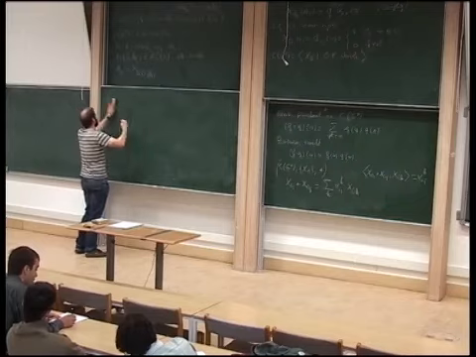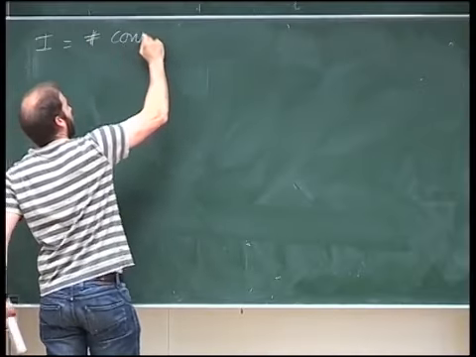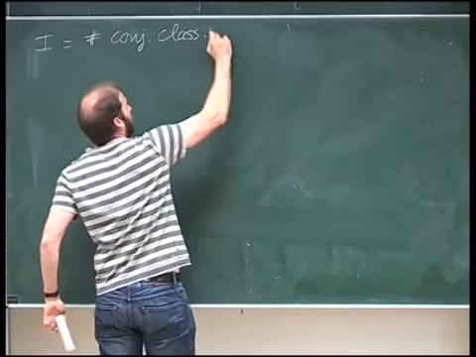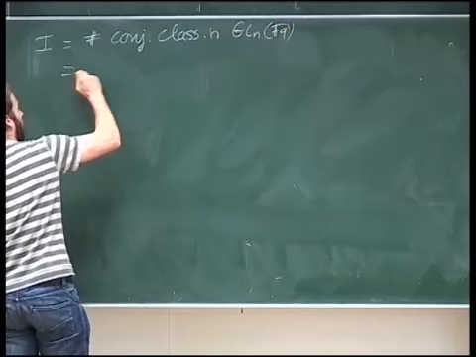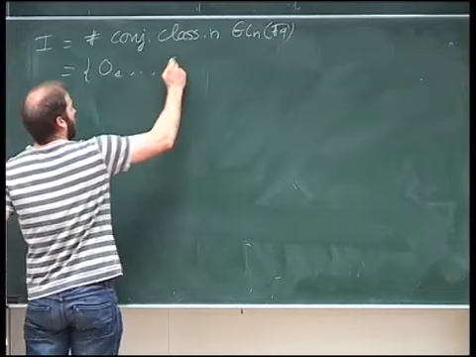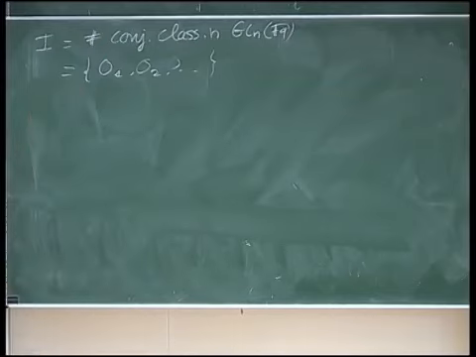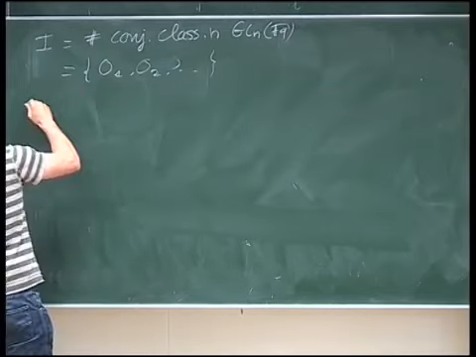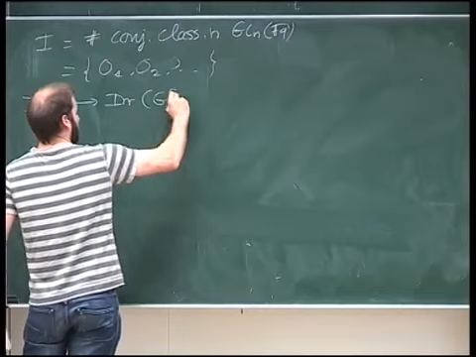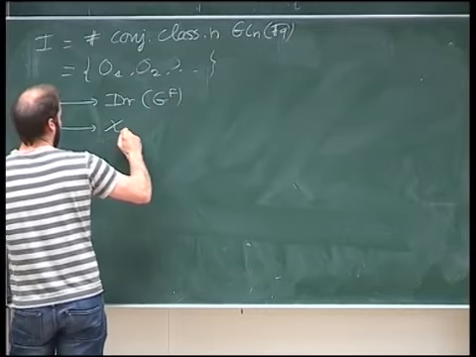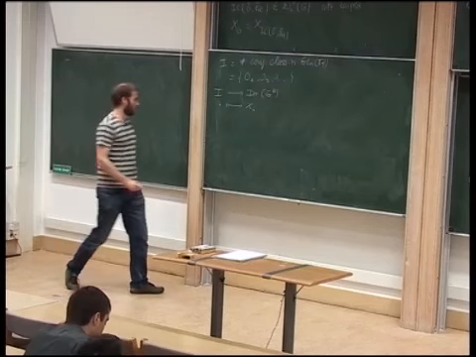So first, put I to be the number of conjugacy classes in GLN over FQ, and assume that we have a labeling, etc. And then the question is, can we find a map I to the set of irreducible characters of GF? So explicitly a parametrization of the irreducible character by the conjugacy classes, such that